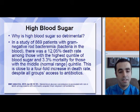And in the study of 869 patients, there was a 12.05% death rate for those with the highest quintile, which means the highest 20% of blood sugar values, and only a 3.3% death rate or mortality for those with the middle or normal range quintile. So that means if you have the highest range of blood sugar, you have a 4-fold increase in death rate. And again, that's for gram-negative rod